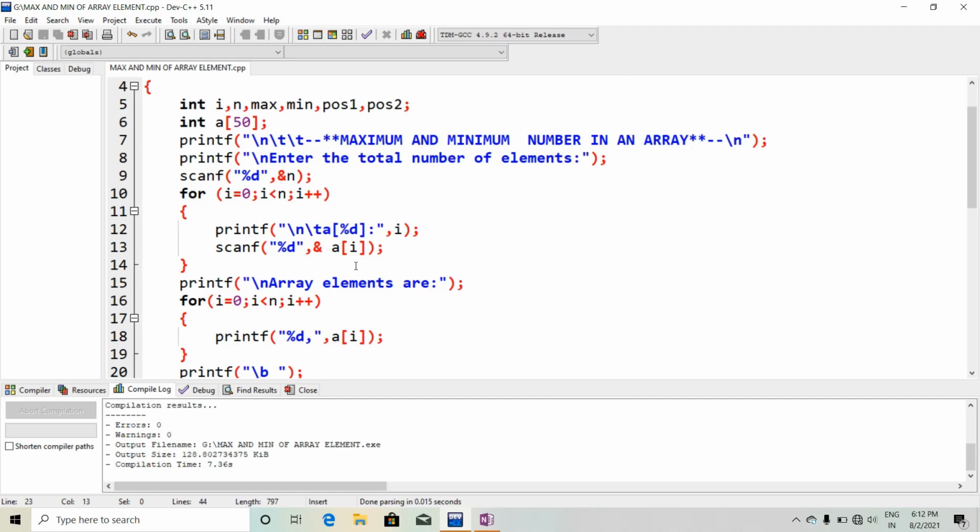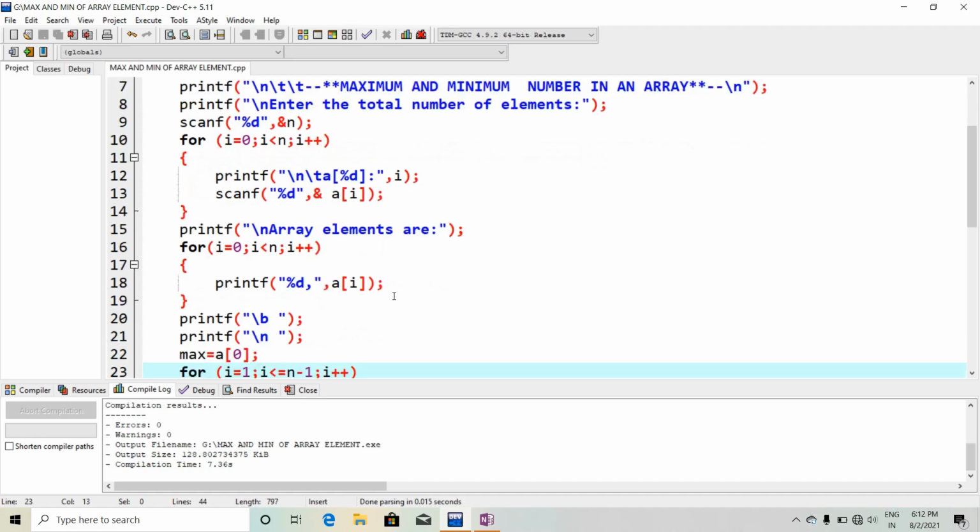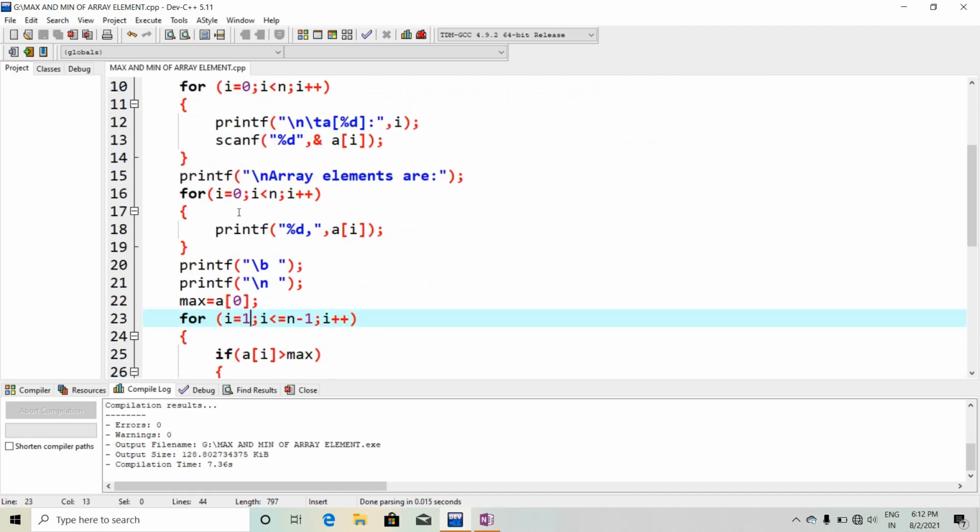Then we have to print all the array elements. So again I have to use one for loop and it will print a percentage d comma. So here you can see it will print a of i, the array element.